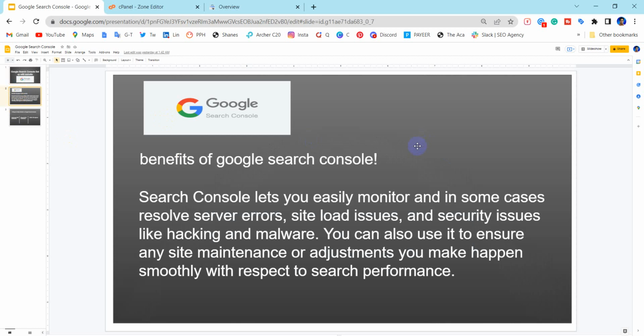So what is the benefit of Google Search Console? Google Search Console lets you easily monitor and in some cases resolve server errors, site load issues and security issues like hacking and malware attacks. You can also use it to ensure any site maintenance or adjustments you make happen smoothly with respect to such performance. So I'm telling you for your kind information that after successfully verifying your website with Google Search Console, it